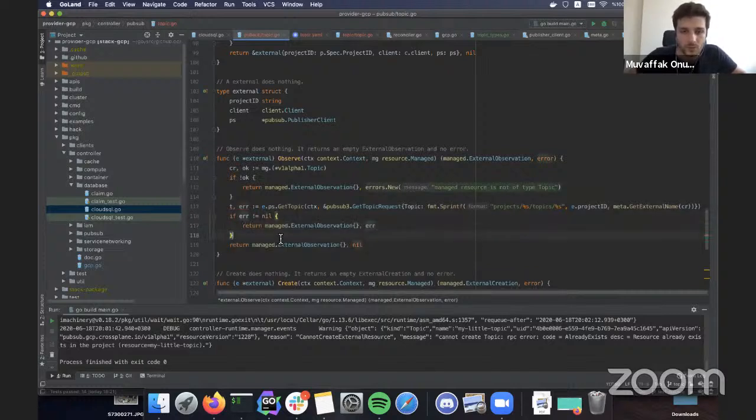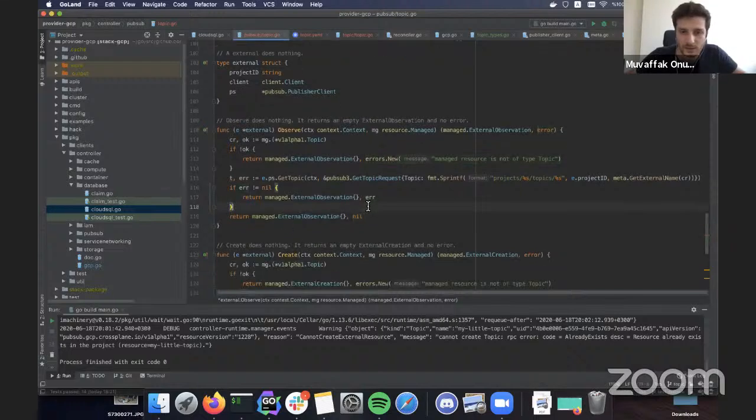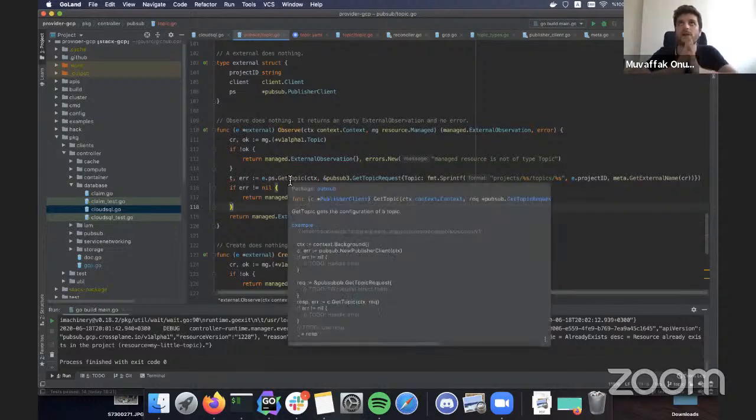All right, so there is an important detail here. There are errors that get can return, and the one that we care about is the not found error. How it works is that observe gets the resource, and if the type of the error is not found, then we say, hey, resource exists is false.